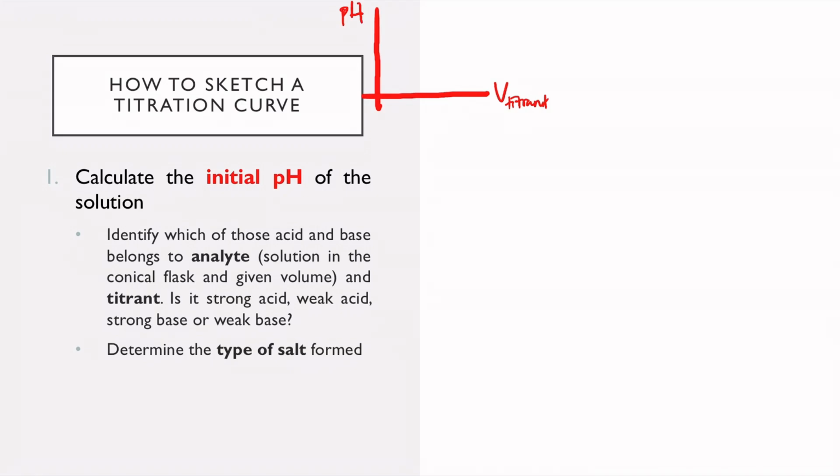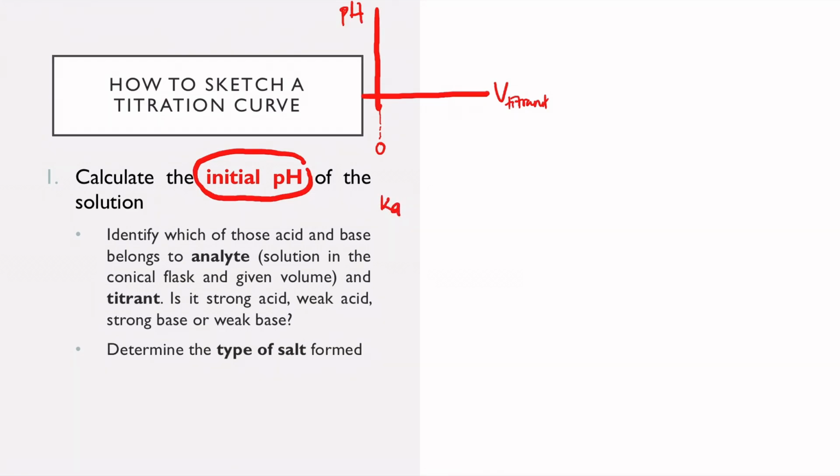Okay. So first, what you need to do is you have to calculate the initial pH of the solution. So when the volume of titrant is still 0, that means awak belum add any titrant. So it's just the pH of your analyte itself. It is different kalau awak ada strong species, strong acid atau strong base, awak just guna dia punya concentration terus. Kalau awak ada weak acid atau weak base, then you will have to make use of the